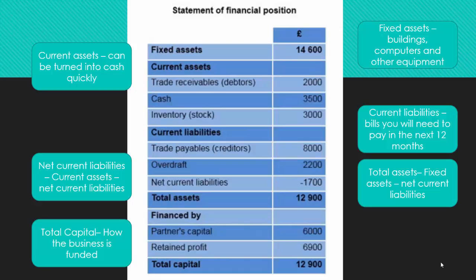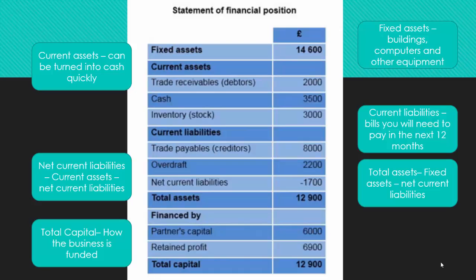So this example of a balance sheet says that this business is owed £2,000. You wouldn't expect someone to owe a business that for more than 12 months, and therefore it goes into the current assets and we count it as money. Although we've not got it, it's money we expect to get within the next 12 months, and so we count it as an asset,